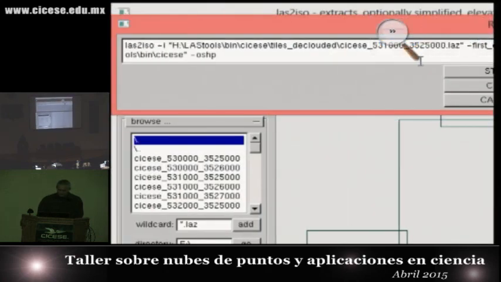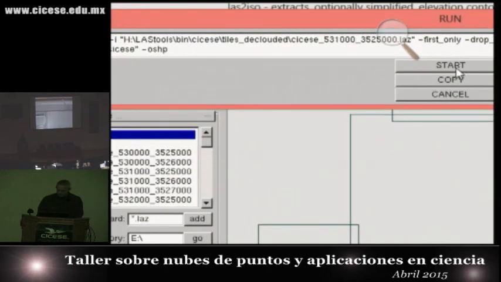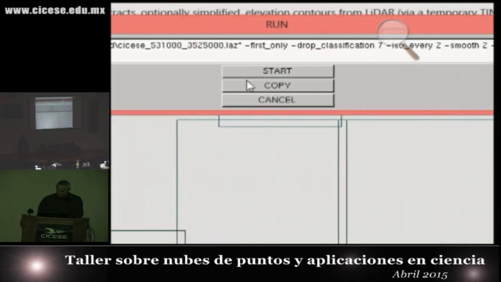So with lasiso, you can create contour lines. I create now a contour line every 2 meters from the, not the DTM, but the DSM. So that's going to be a lot more contour lines than you have. Because I don't have the